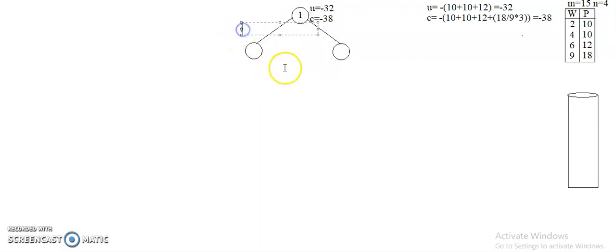Suppose the first item I have considered is x1 equal to 1. It indicates, on the left side, that all the left subtree will show that the item is included. The right side part will say that the item is excluded. Okay, x1 equal to 1. Initially I will start naming them one by one. I will name this node as 2 and this node as 3.